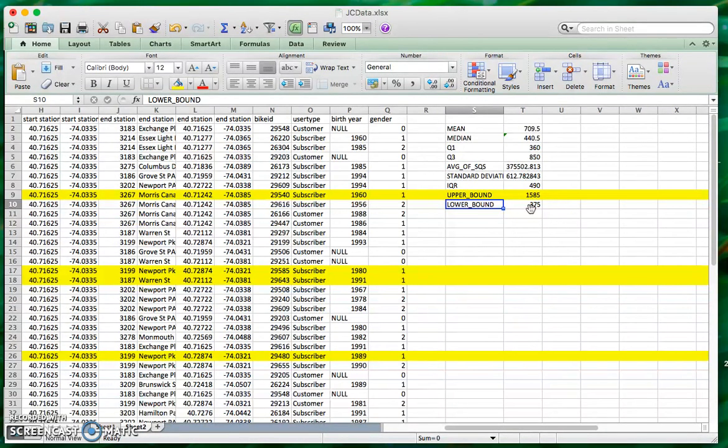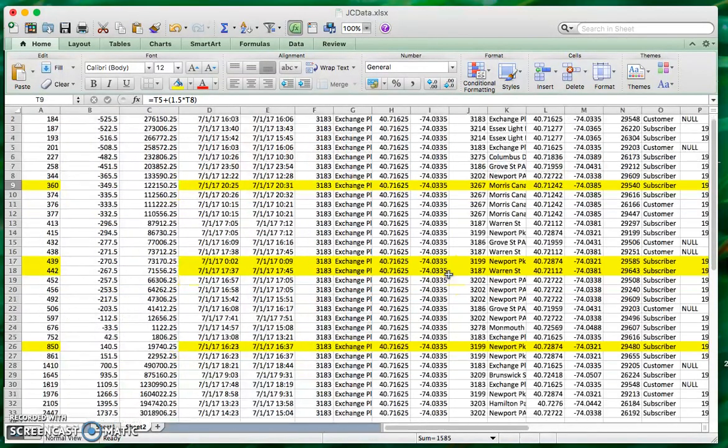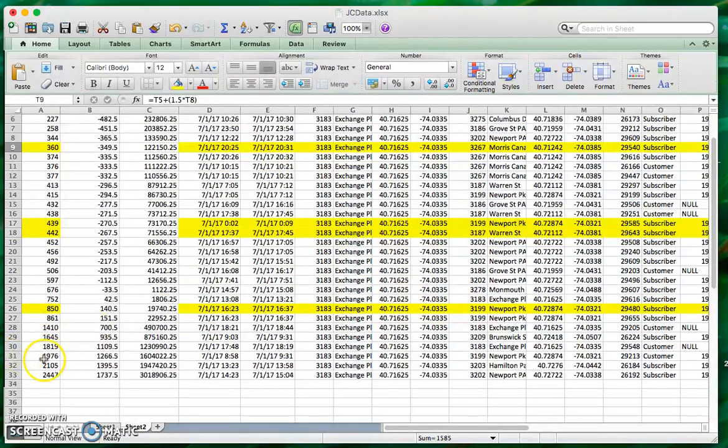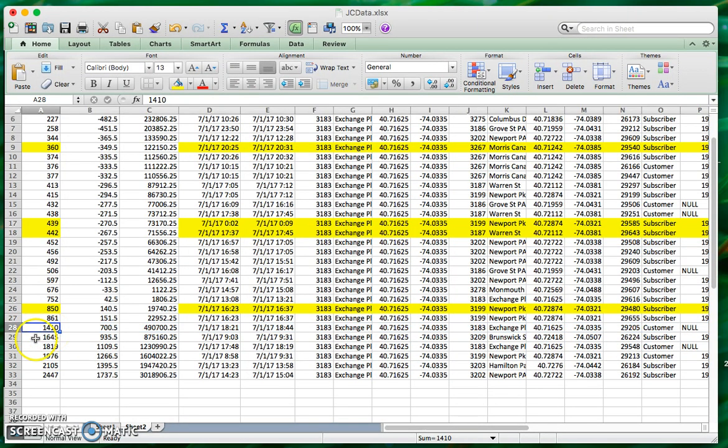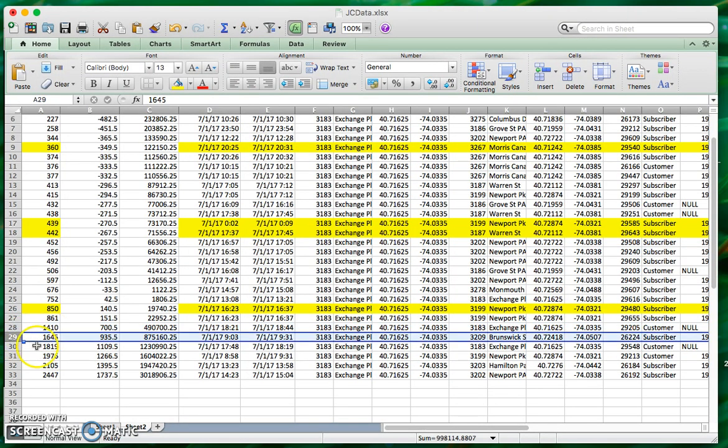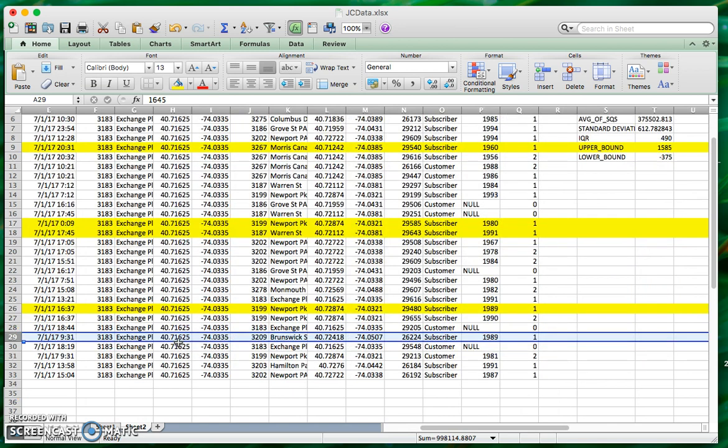But that's okay, because what this gives us is an upper bound, 1585, which lets us know, for example, that although 1410 looks like a lot, that upper bound only gets crossed for this last handful of values. So again, what we're interested in knowing is where's the middle, how spread out is this data, and how does that let us start to think about what values might be truly